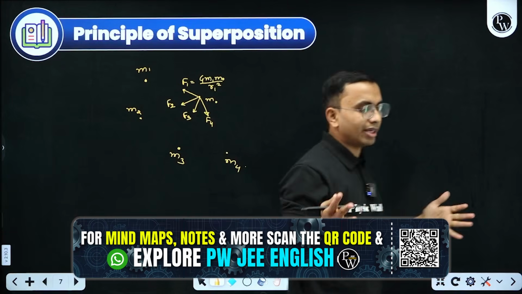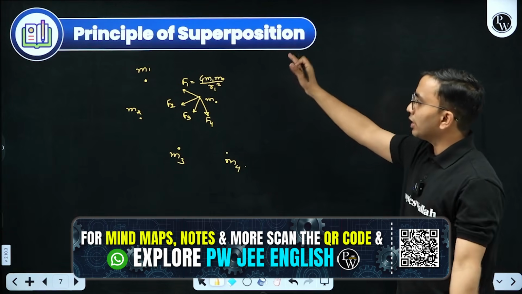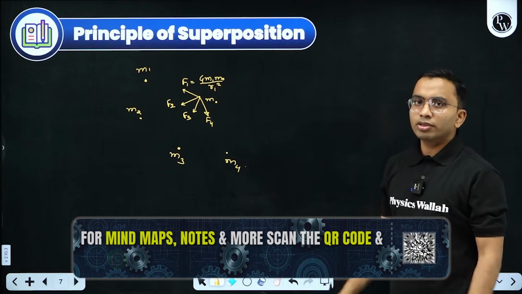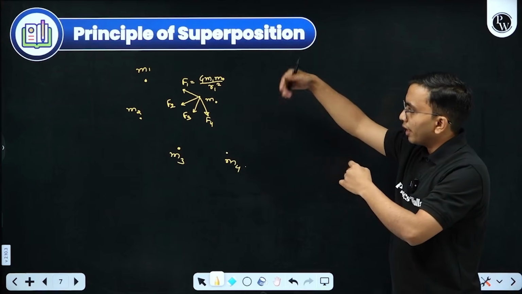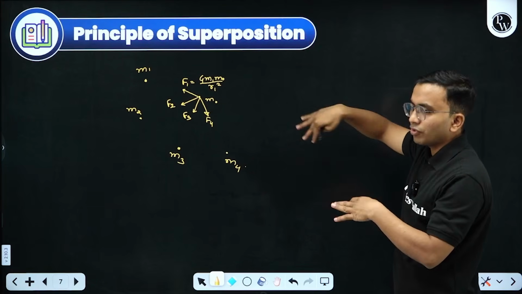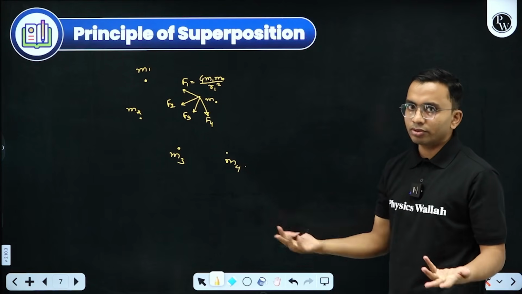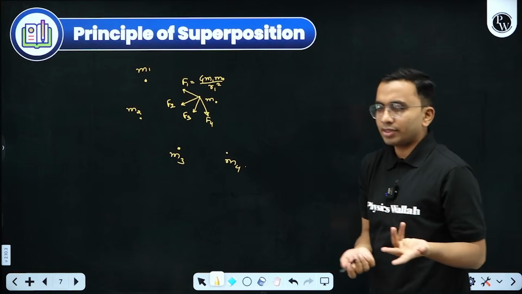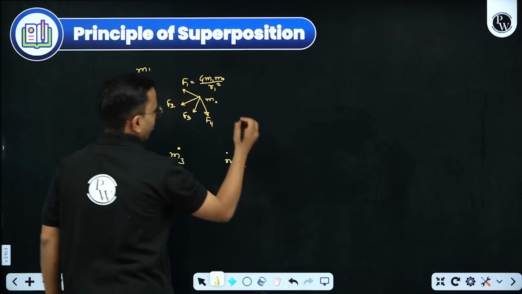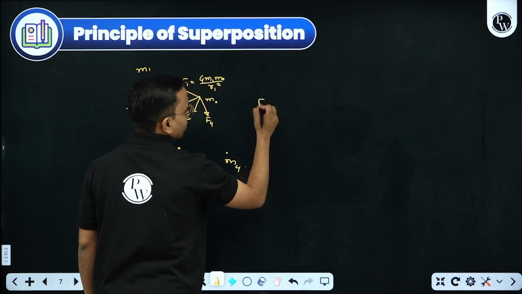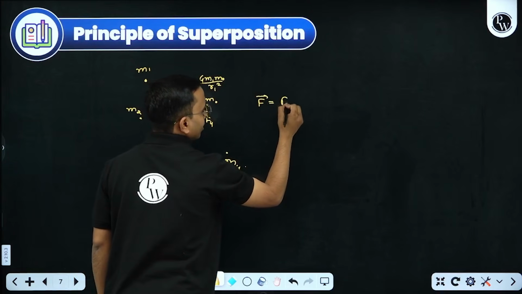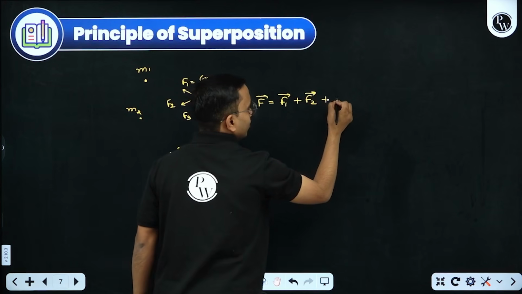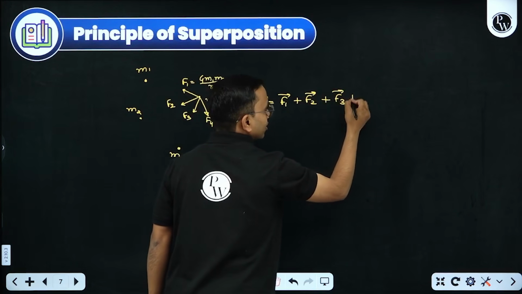To take the vector resultant, we have multiple ways. Either you write each force in i cap j cap form, then take the resultant, or you can simplify, take the components, cancel a few of the components, then take the resultant. That way also you can do, or you may even use the triangular law if there are three forces like that. So when I say the resultant force, that will be the vector sum of each individual force.